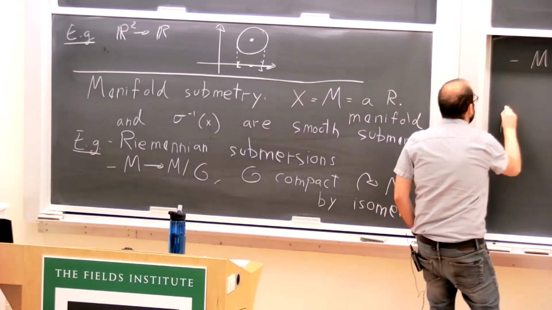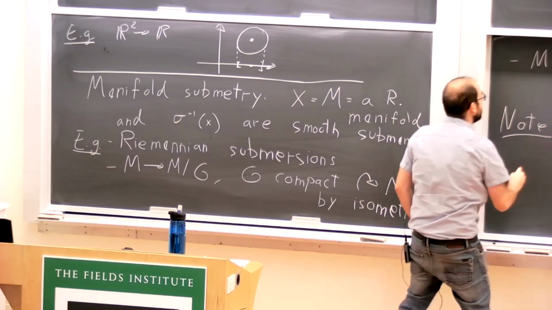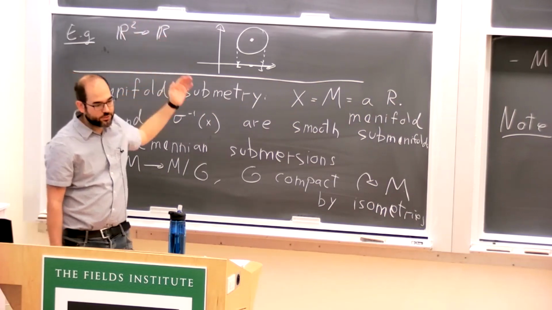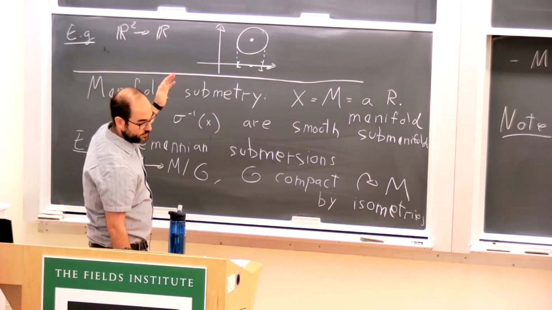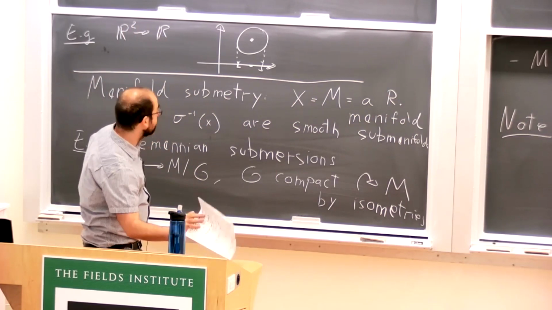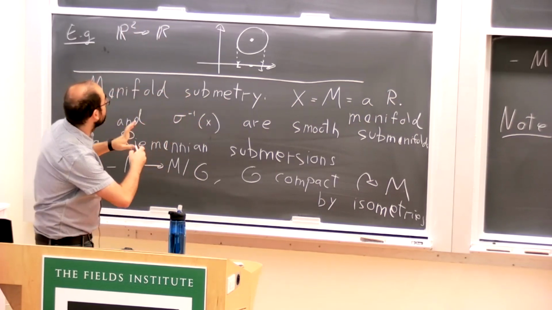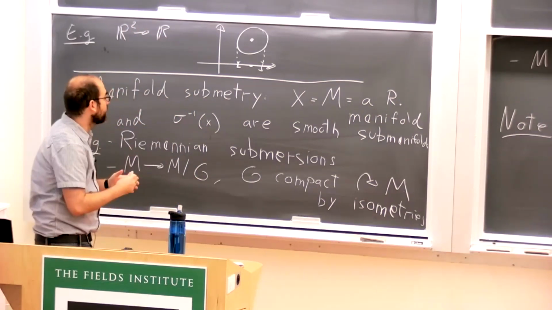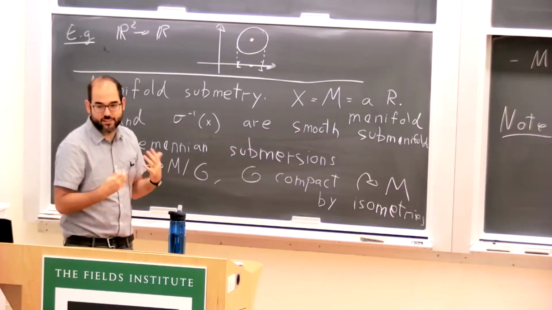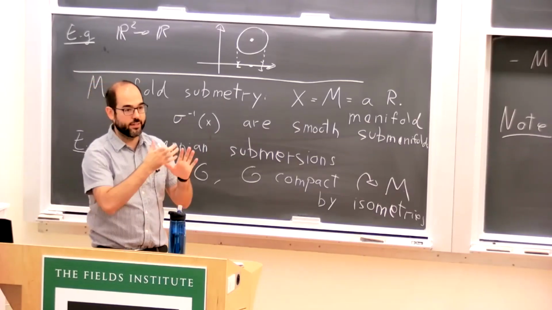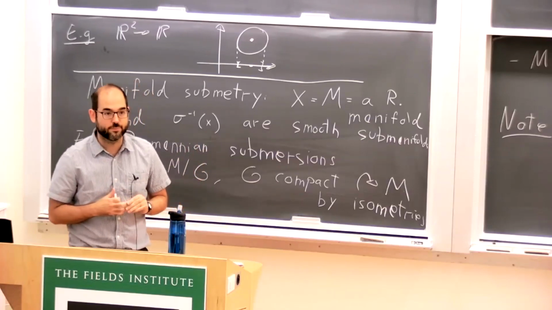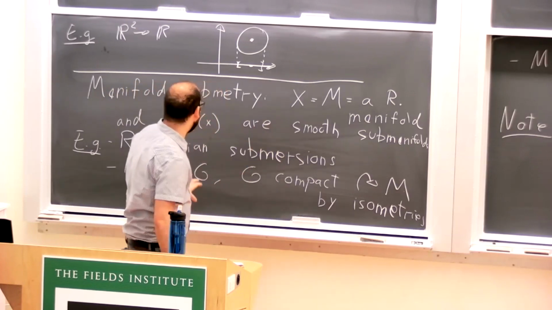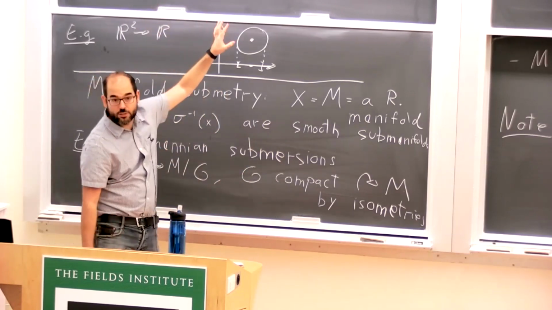I want to note one thing here: if you have a submetry and you look at the fibers of the submetry, they are pairwise equidistant. And in fact, a submetry is the same thing as a decomposition of a space into equidistant subsets. So you can go back and forth between the foliation point of view and the map from one metric space to another point of view.